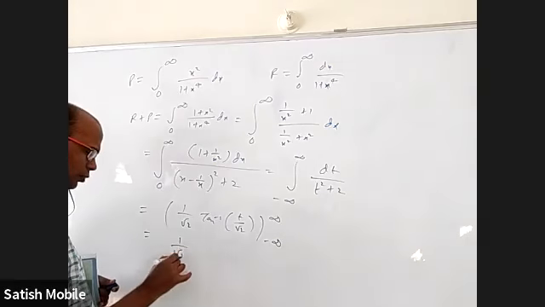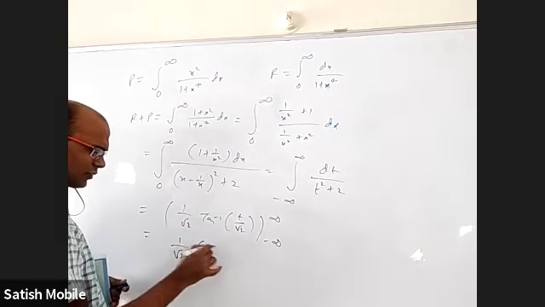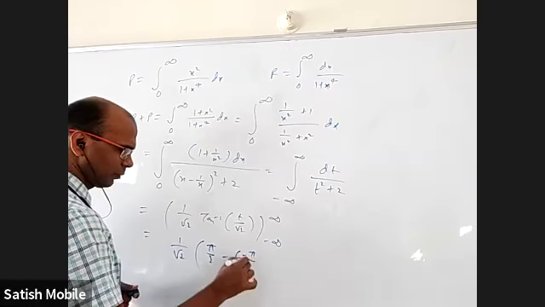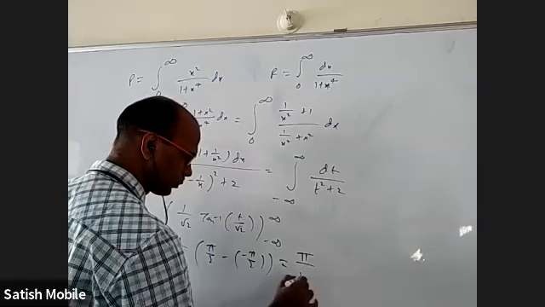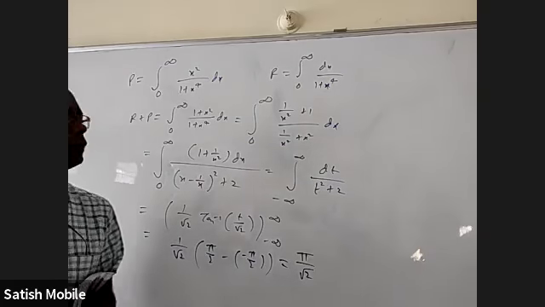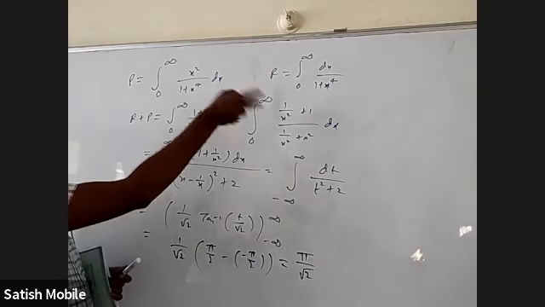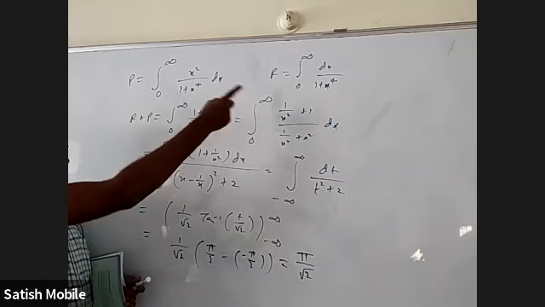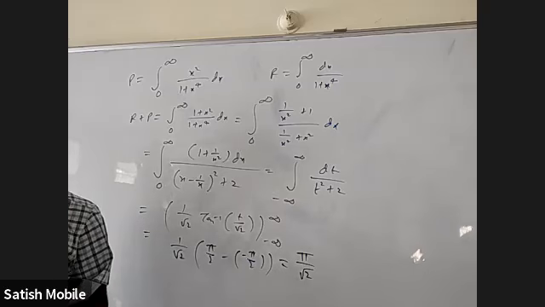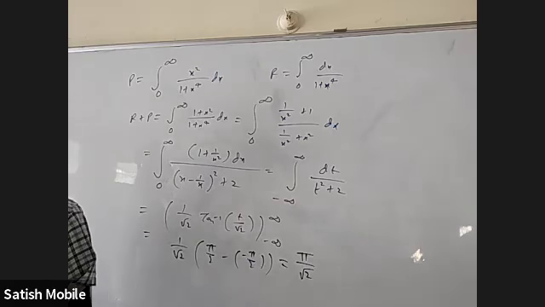When you substitute infinity, tan inverse infinity is pi by 2. When you substitute minus infinity, tan inverse minus infinity will be minus pi by 2. So it will become pi by root 2. Okay, so we cannot do P alone or R alone. We can find R plus P and we can also find the difference R minus P. And then by adding and subtracting, we'll get R separately and P separately if required.